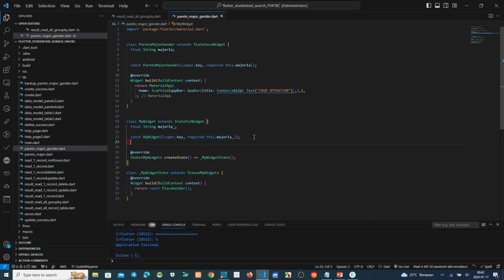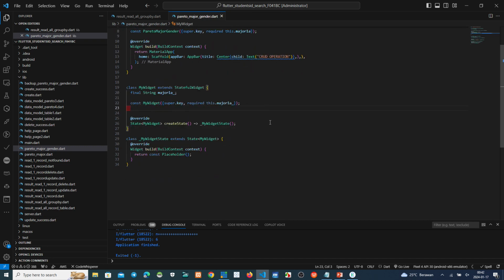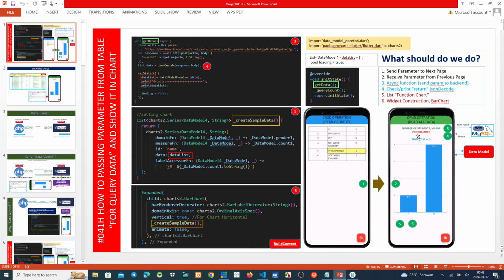So okay, if we receive here, yeah, we receive the parameter we print here, we show, we put here, maybe we want to make this, maybe this one, we make